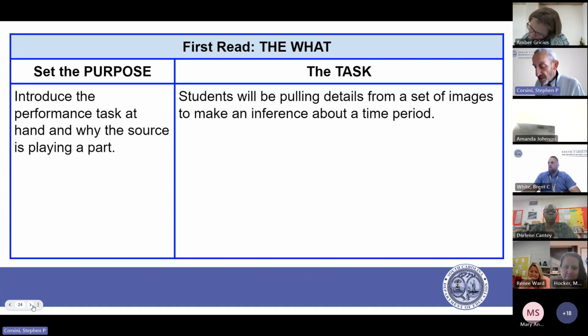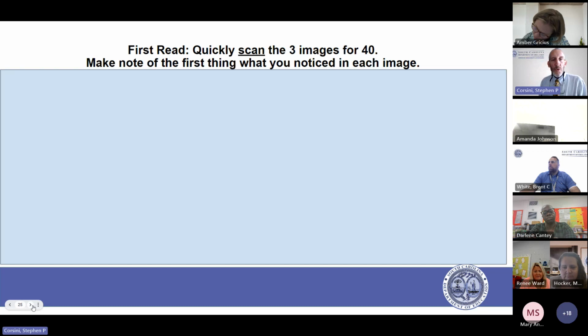Here's your task. You're just going to look at these images right now, and you're going to make an inference about what you can infer just from your gut. So quickly, you're going to see three images here. And I'm going to set my timer here for about a minute.